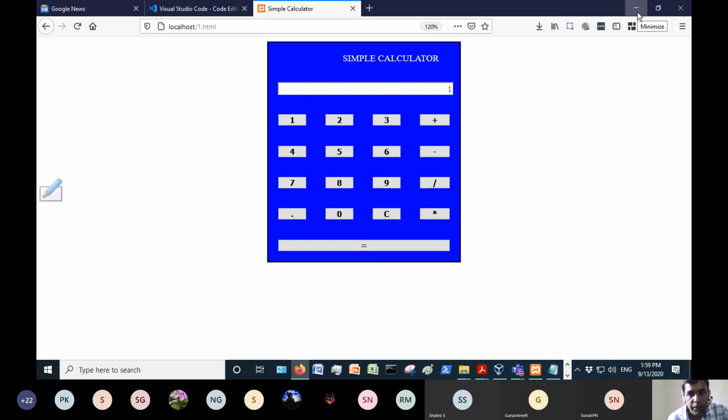So I think everyone got it. The program description for 1.html, I will put in your files in Microsoft Teams, in the class materials. But I recommend you type the program so that you understand the logic of the program. Simply don't copy, paste, and run it. You type your program.